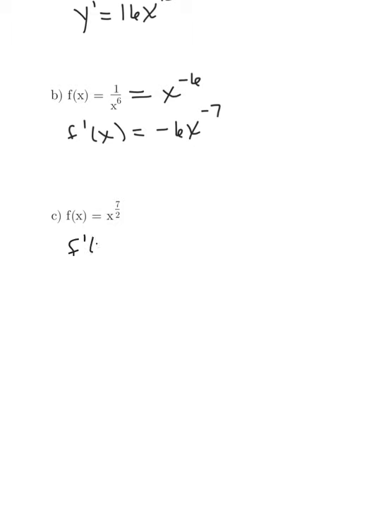So if we want to do this derivative, remember that the power goes down to the front, the original power. So we now have 7/2 x. We need to do 7/2 minus 1. If you make 1 into something over 2, get a common denominator, it has to be 2 over 2. If we take 7/2 minus 2/2, we are going to get